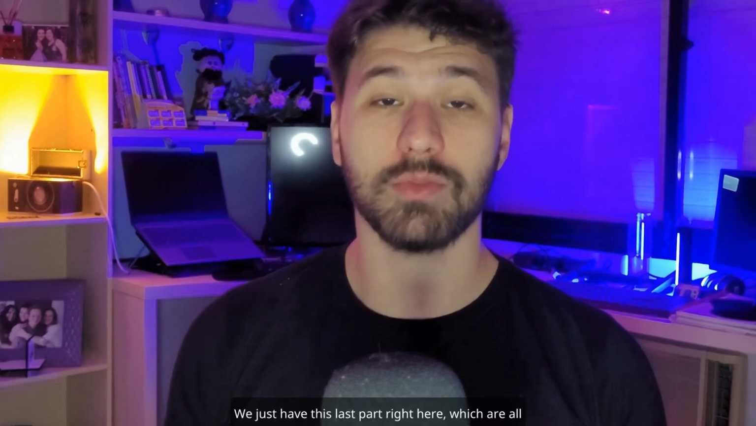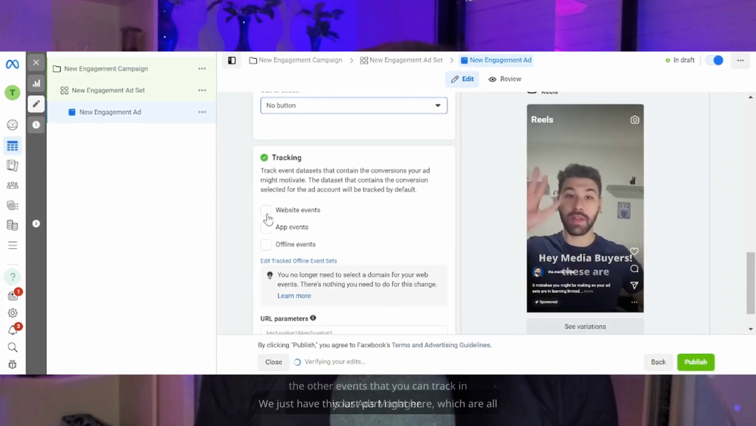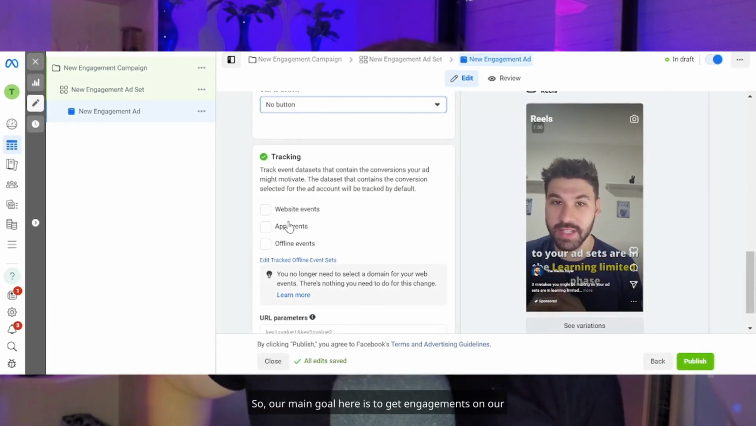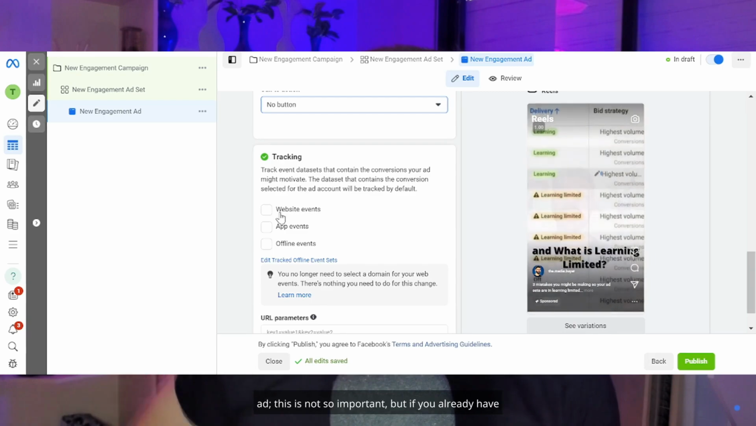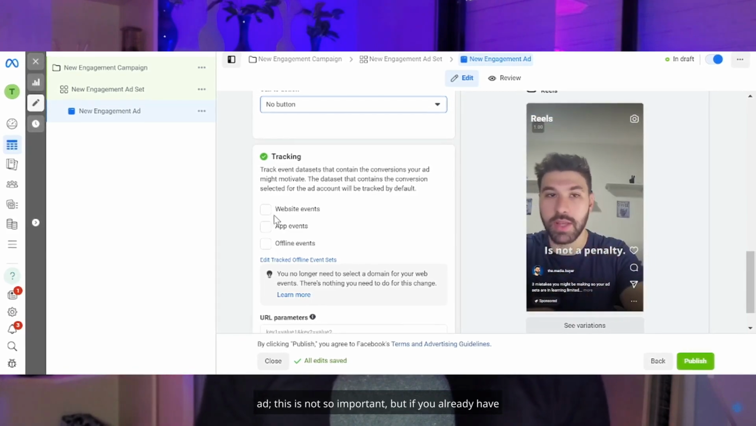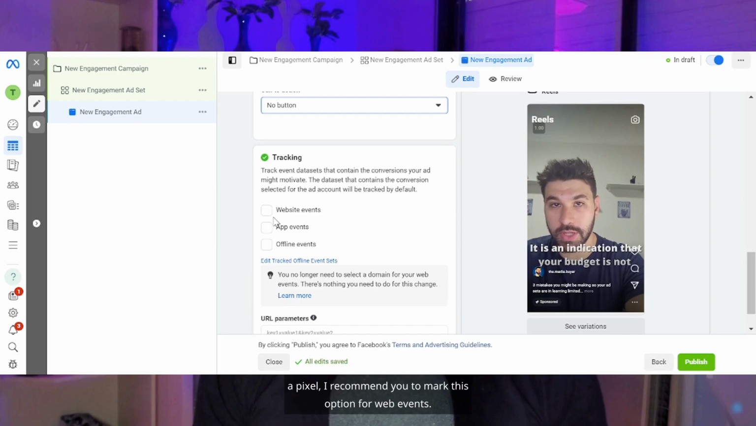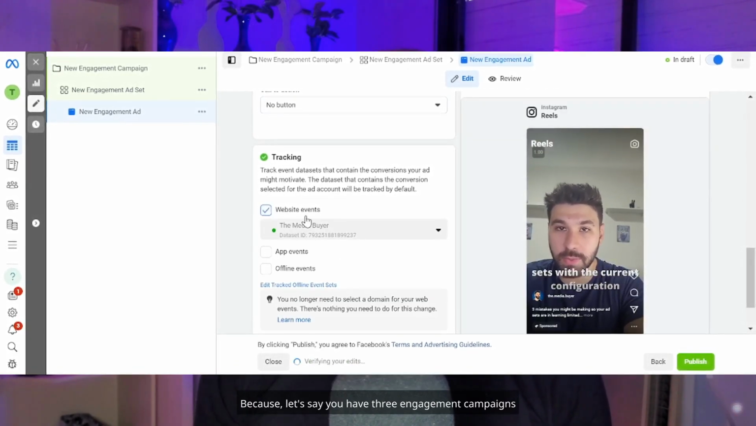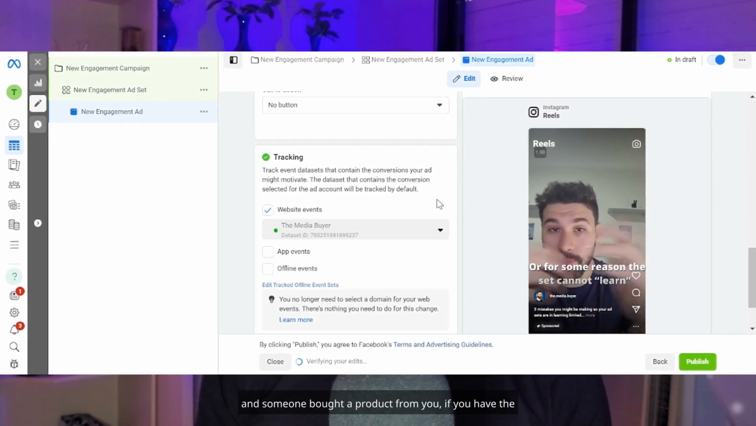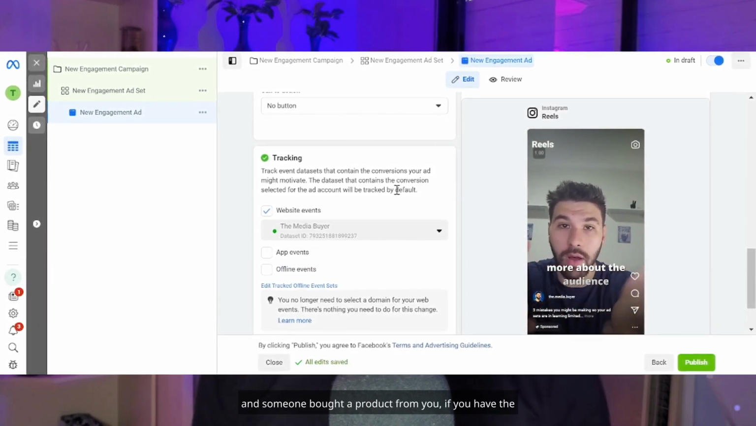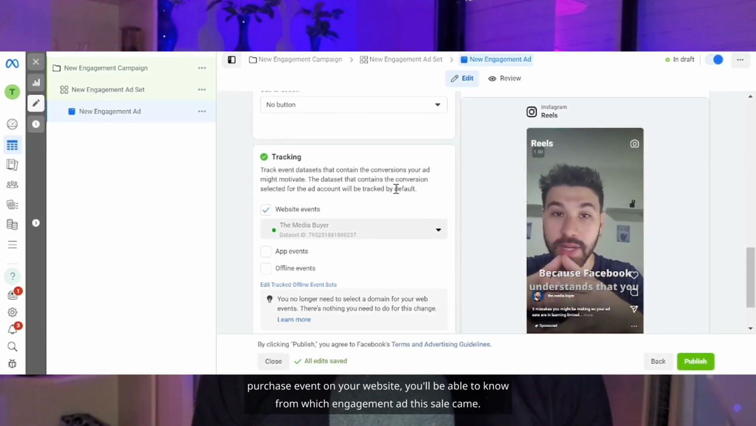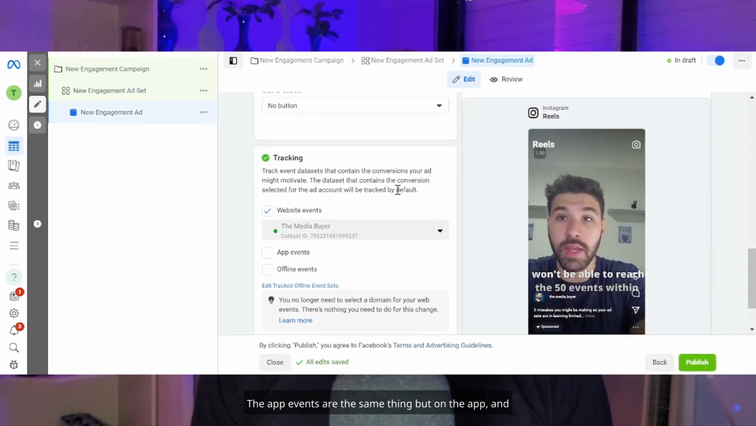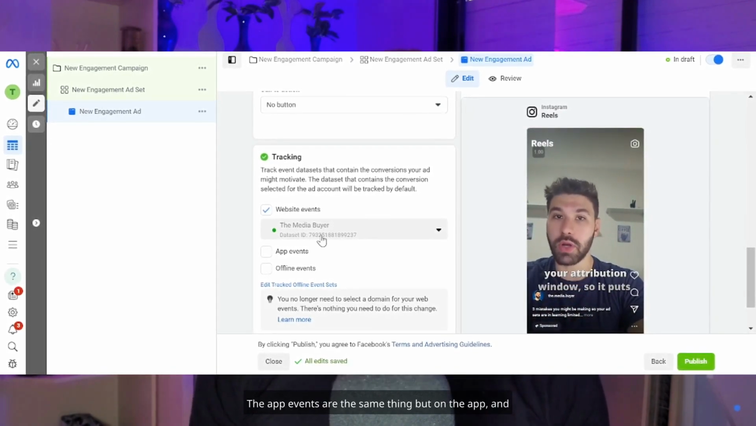We just have this last part right here, which are all the other events that you can track in your ads manager. So our main goal here is to get engagements on our ad. This is not so important, but if you already have a pixel, I recommend you to mark this option for web events. Because let's say you have 3 engagement campaigns and someone bought a product from you. If you have the purchase event on your website, you'll be able to know from which engagement ad this sale came. The app events are the same thing, but on the app, and the offline conversions are the same, but